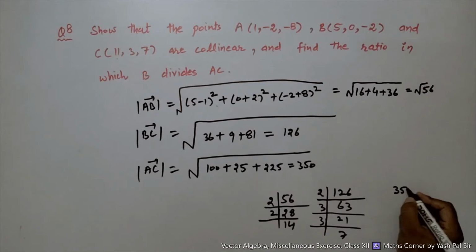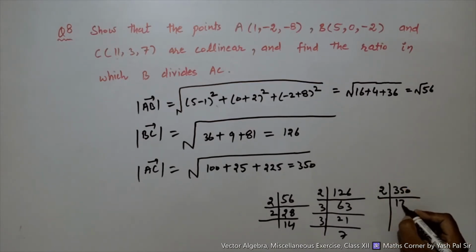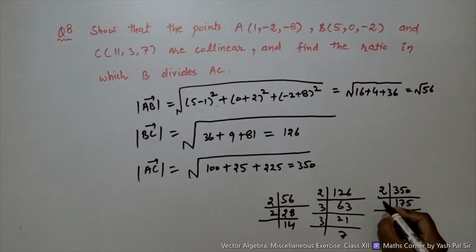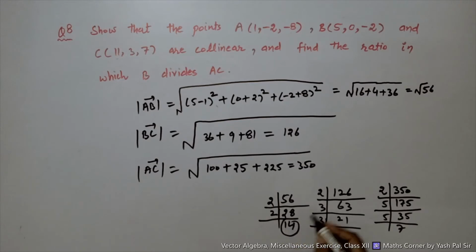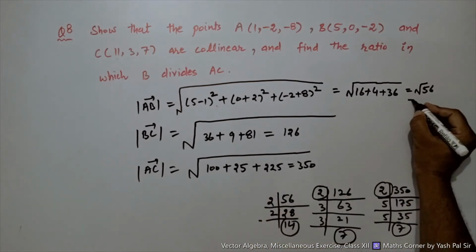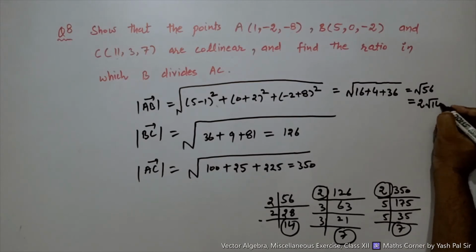Next for 350 also, we have 2, 7, 5, 5; 5 into 3 is 15, 2 5s are 25, 5 7s. From here, 2 into 7 is 14, so 56 can be written as 2 into square root of 14,